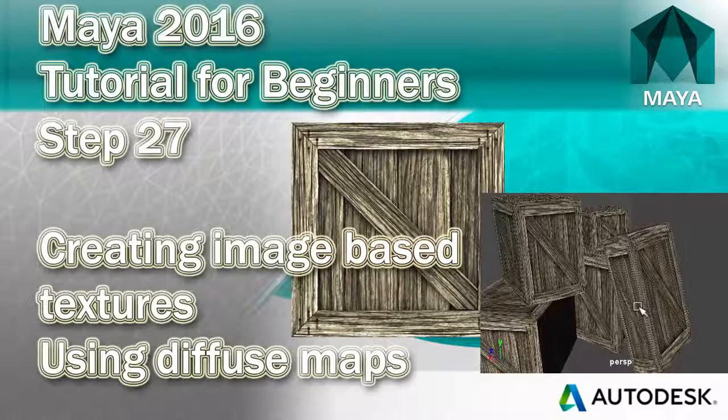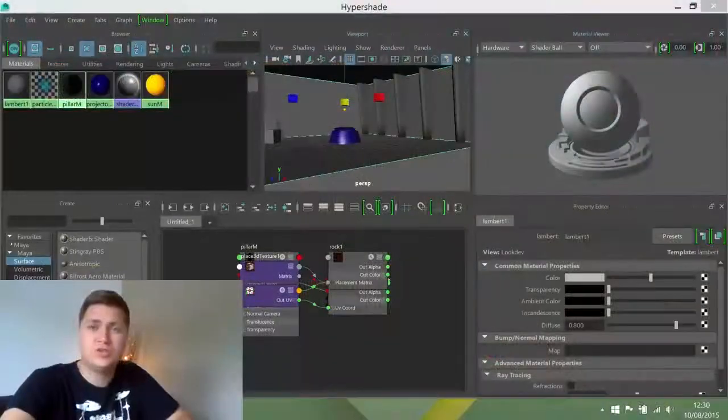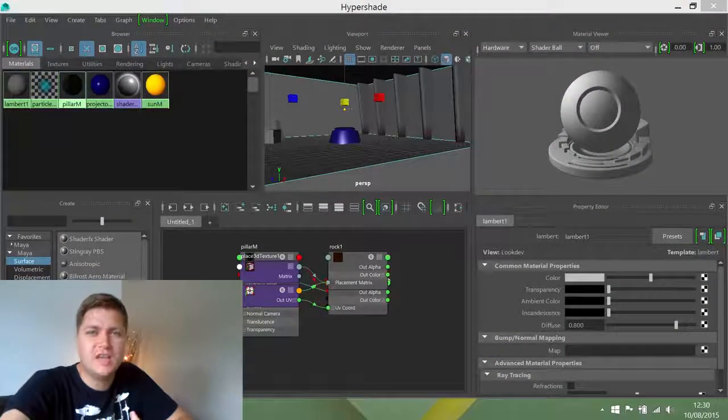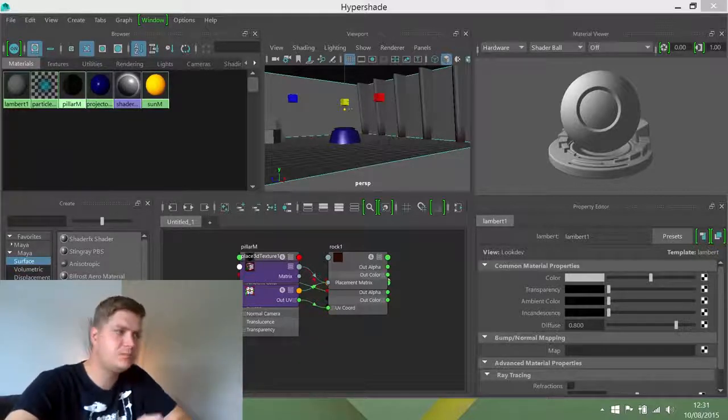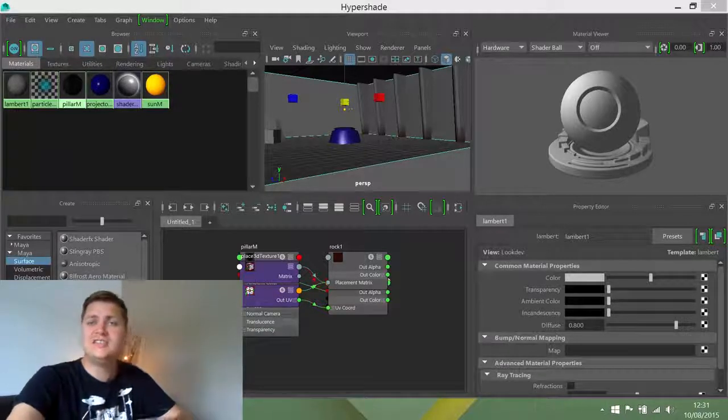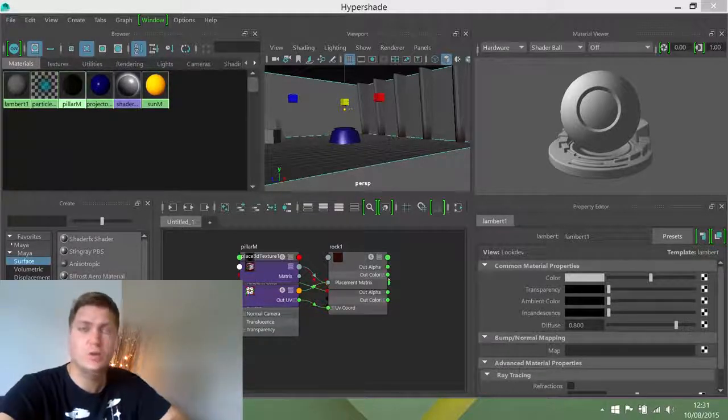Okay, what we're going to look at next is using image files as the colour rather than just a flat colour, which is the sort of texturing that you see in most games and films, etc. So these are the textures that look really high-end and much better. Before you can do that, though, you'll actually need to download the texture files that we'll be using for this